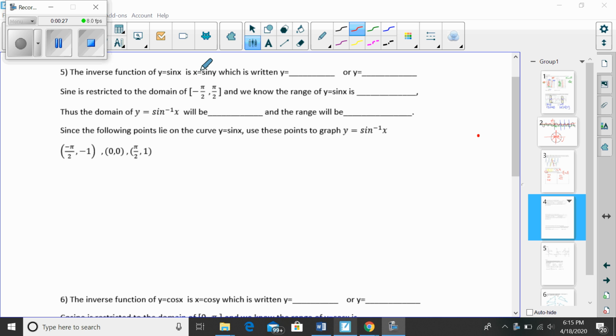Anytime, just like we learned back before spring break, when you find the inverse of a function, you just switch x and y. All right, but it is normal to have an equation written in the form of y equals. So when we're talking about the inverse function of sine, we don't write it x equals sine y. We solve for y, and so there's two different ways to write this. Inverse sine of x, with the little sine inverse here, or we write it as,